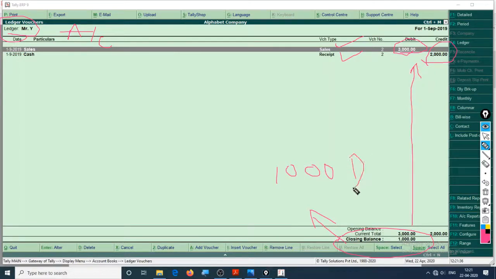Hence rupees 1000 is due from Mr. Y. So whenever we receive cash from Mr. Y, this account will increase by 1000, and as this will increase, it will make it 3000 together. 2000 plus 1000, this is 3000, and this account will be balanced.